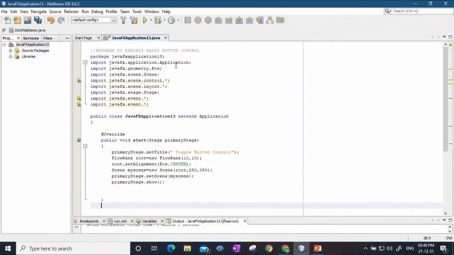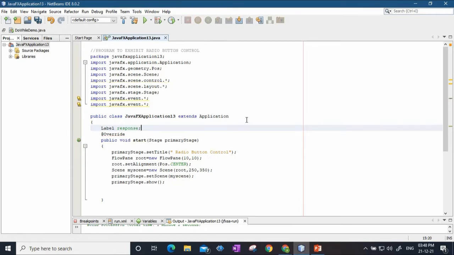So we are exhibiting the radio button. First thing is I'm going to set the title of this primary stage as radio button. So instead of toggle button control, I'll say radio button control. Fine. Next, now I will use a label, again a response label.